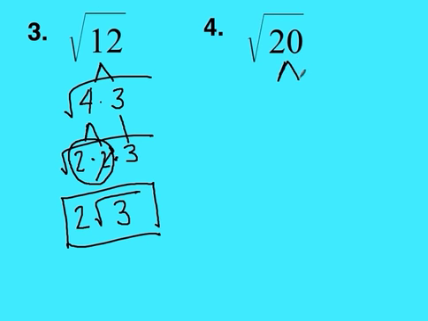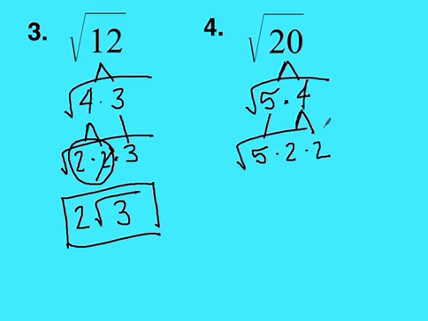For square root of 20, I've got two options. I can do 10 times 2 or I can do 5 times 4. I'm going to go with 5 times 4 just because that's the one I like best, but you can go with 10 times 2 if you'd like. So I can't break down 5, so I'm going to bring it down. I can break down 4. I'm going to do 2 times 2. So I've got 5 times 2 times 2. Now I can't break down the 5's and I can't break down the 2's, so I'm done